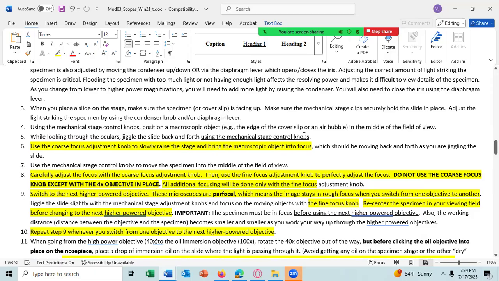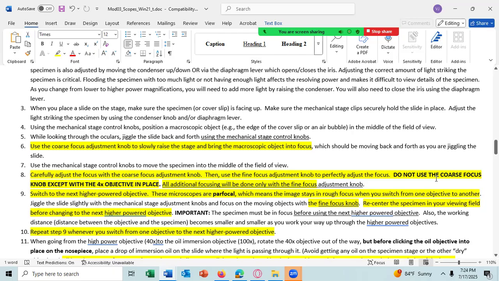Then you use the fine focus knob to bring the specimen into perfectly adjusted focus. Once you've done this, never use the coarse focusing knob again unless you're using the 4x objective. If you're using any other objective, you should never be using the coarse focus knob.